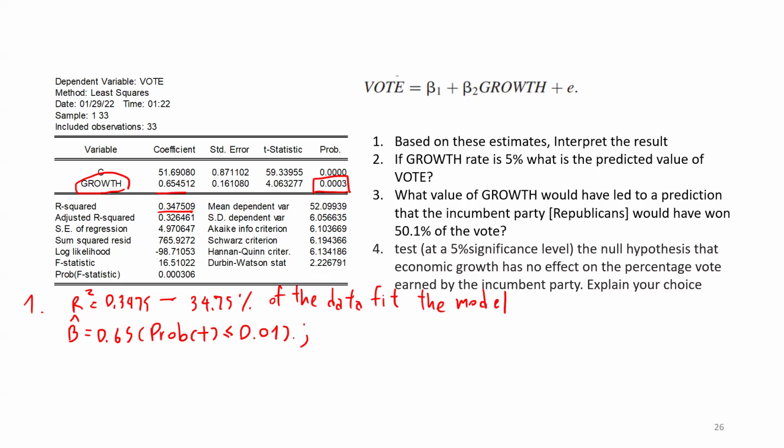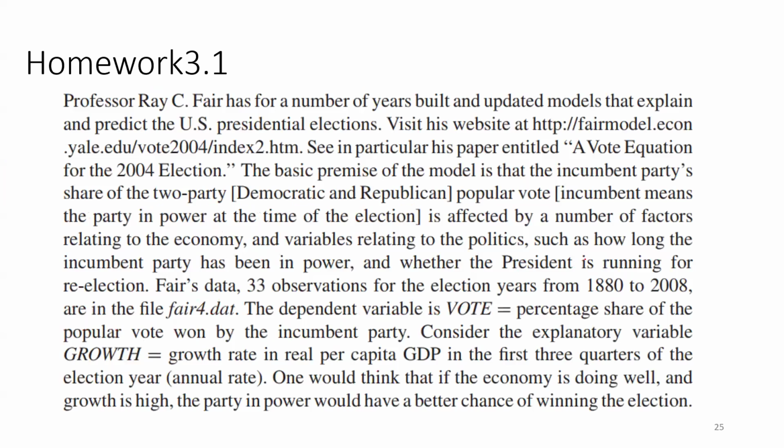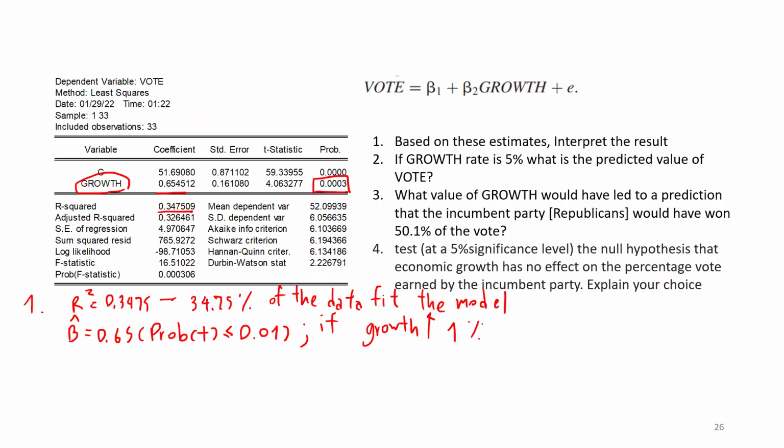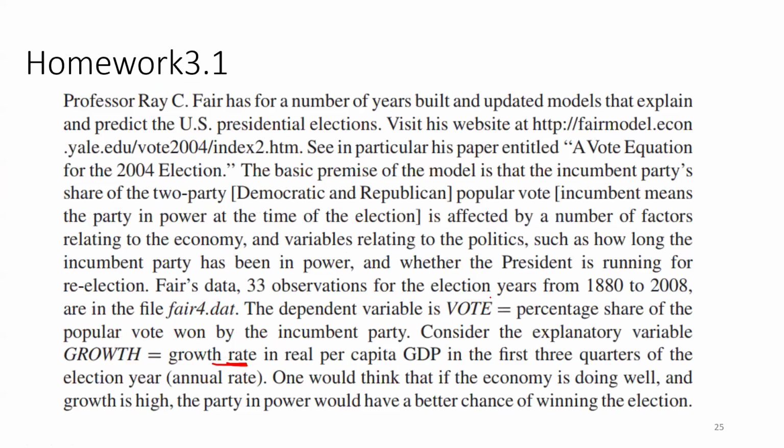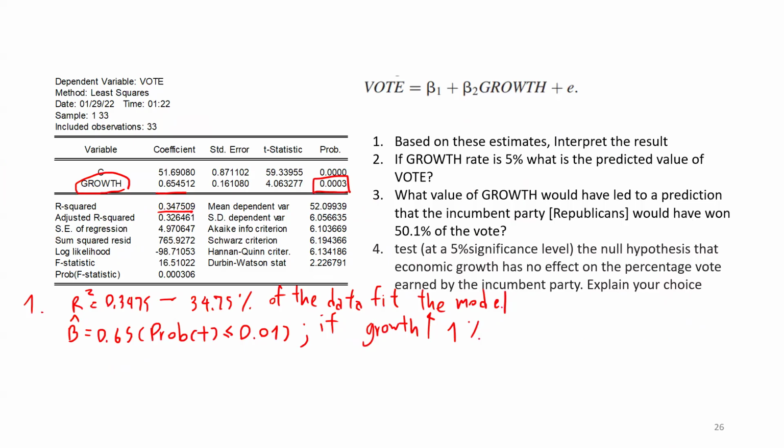It indicates that if growth increases by 1, but the unit here is growth rate, so 1%. If the GDP growth increases by 1%, the vote, which means the percentage share of popular vote won by the incumbent party, percent share